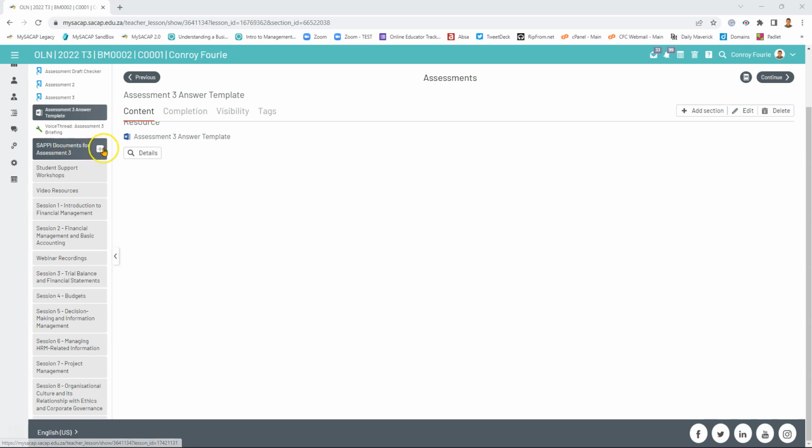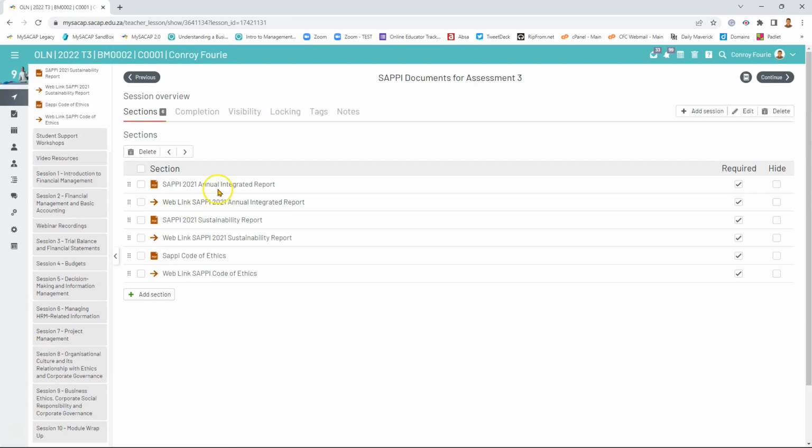So what I've done is I've already downloaded that for you, because the module outline links are outdated. I think most of them refer to 2020, and SAPI's 2021 information is already available. So I want you to please use these documents over here.